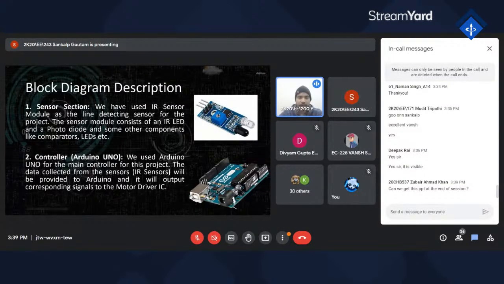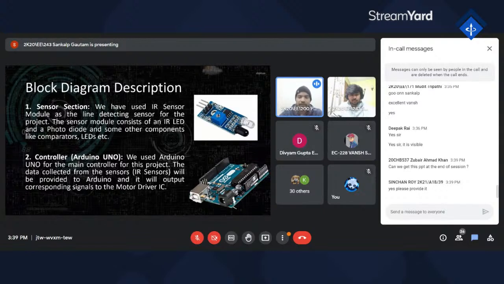In this very project, we are going with the IR sensor because of its higher accuracy. An infrared sensor consists of basically two elements: first is a transmitter and second is a receiver. The transmitter is basically an IR LED which produces the signal, and the IR receiver is a photodiode which senses the signal produced by the transmitter.